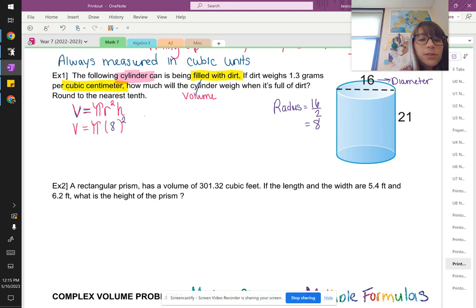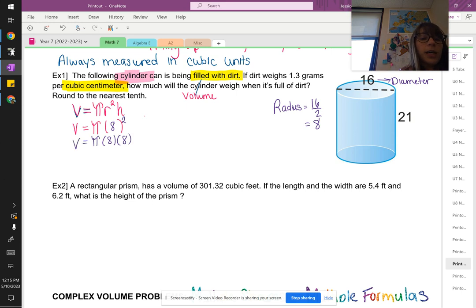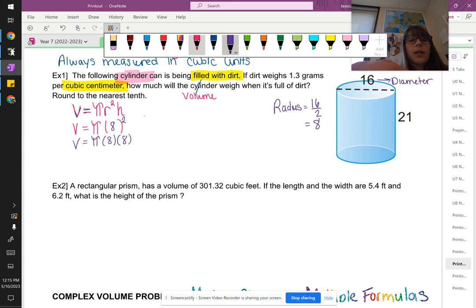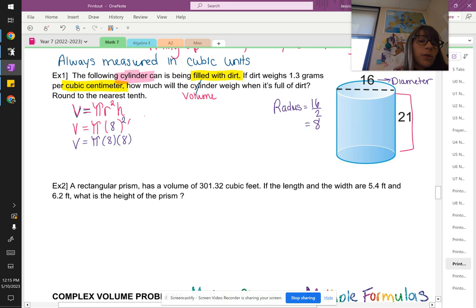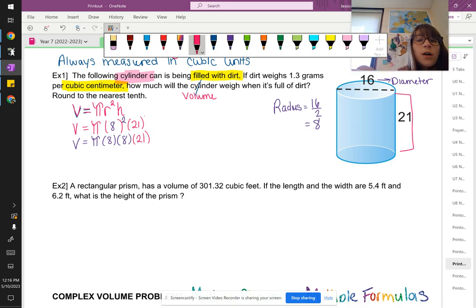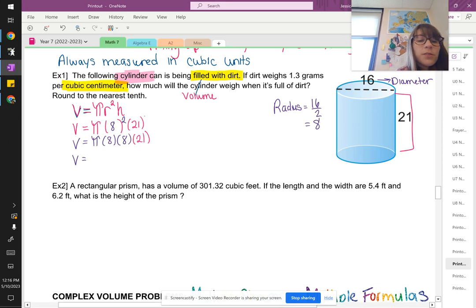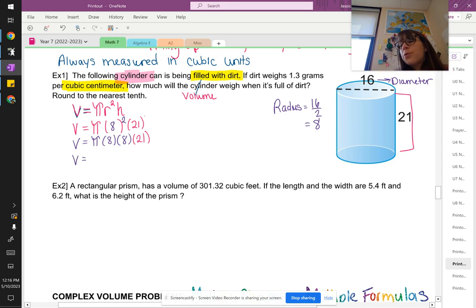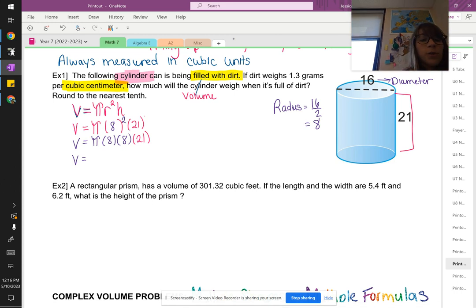Into that, 8 squared, not forgetting the squared, or maybe you are forgetful and you forget that squared and you want to just turn it into 8 times 8 immediately. Not the worst thought. And then the height of my cylinder being that 21. Remember, when you're doing cylinder volumes, I want you to do those constant numbers first before you multiply by pi. So 8 squared times the 21 gives you